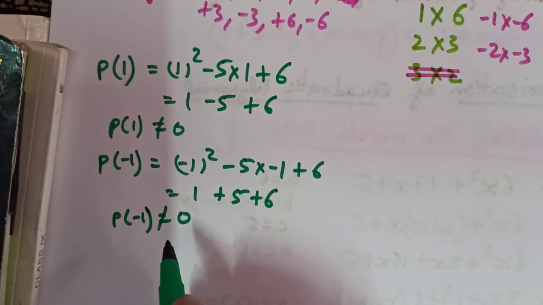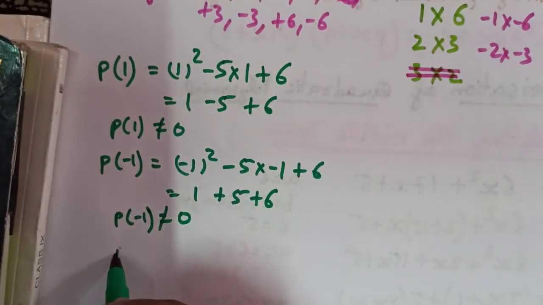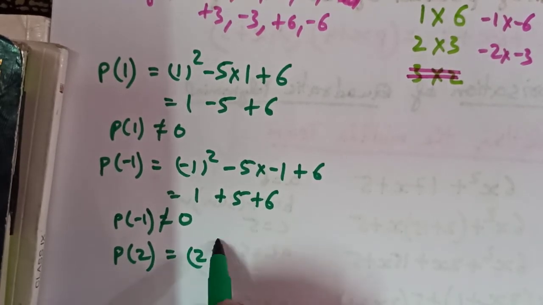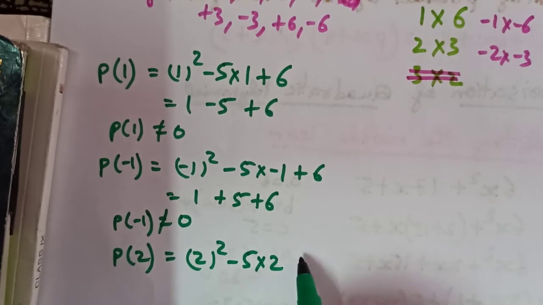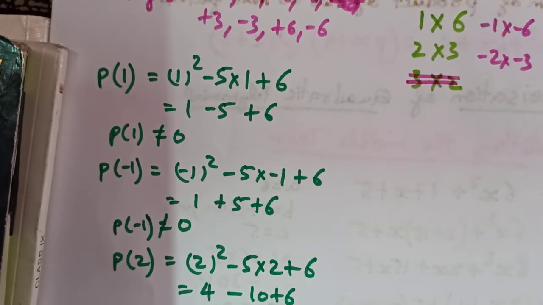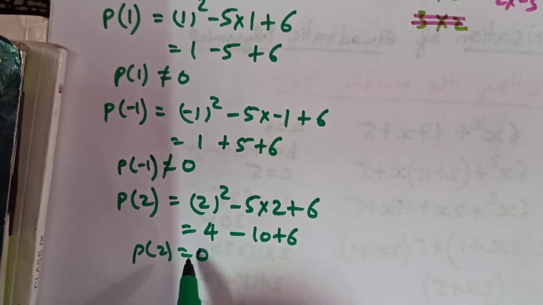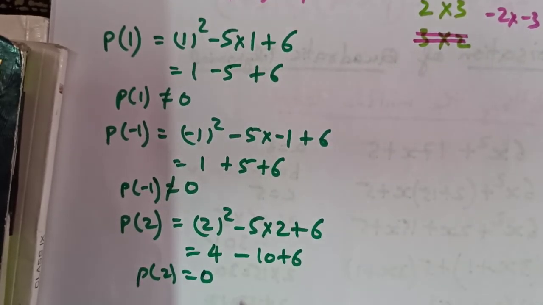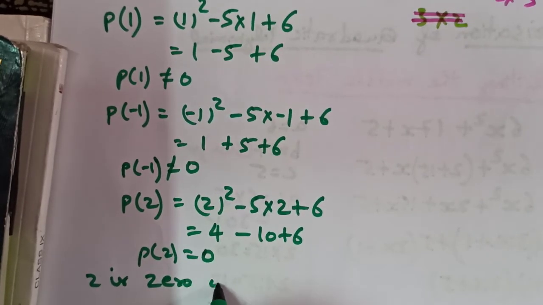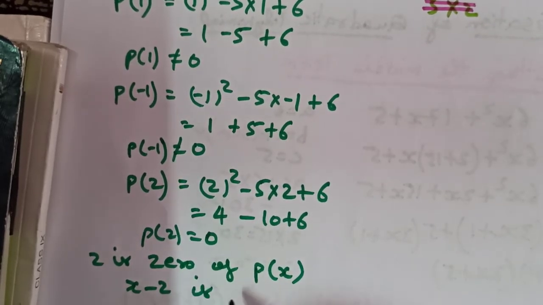Now again, if we find out the value as p(2), so p(2) will be what? p(2) will be square of 2 minus 5 times 2 plus 6. So square of 2 is 4 minus 10 plus 6. So plus 6 plus 4 is plus 10, plus 10 minus 10 is 0. Yes, p(2) is coming equal to 0. That means 2 is the zero of the polynomial. If 2 is the zero of polynomial p(x), then x minus 2 is the factor of